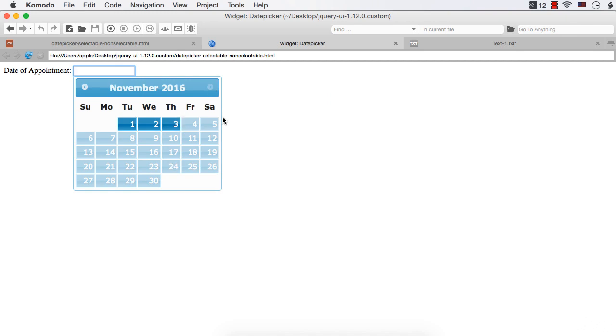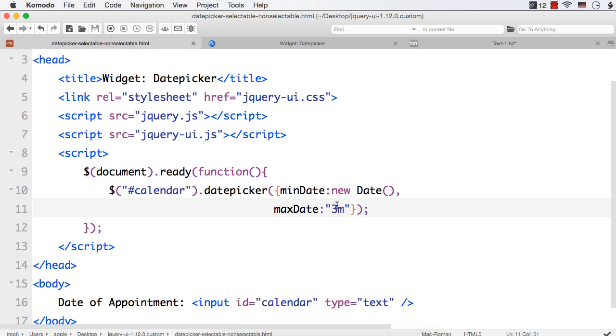are non-selectable or disabled. So using the min date and max date options, you can make dates in a specific range selectable or non-selectable, and min date is the minimum selectable date and max date is the maximum selectable date. And for both min date and max date, you can set the value as a number, a string, or even a date object. For string, d stands for day, w stands for week, m stands for month, and y stands for year. If you specify the maximum date as a number, you just have to specify +10, -10